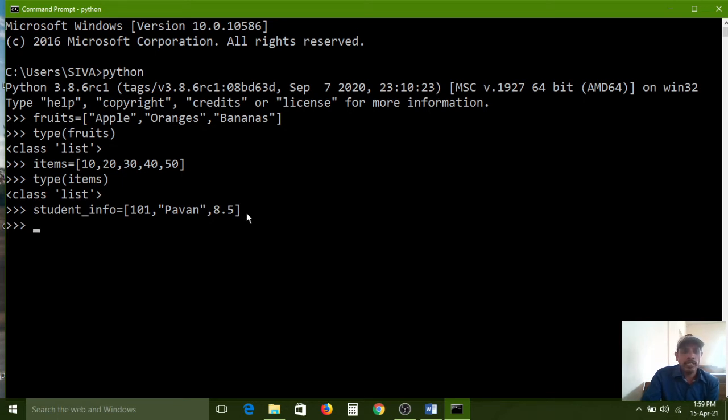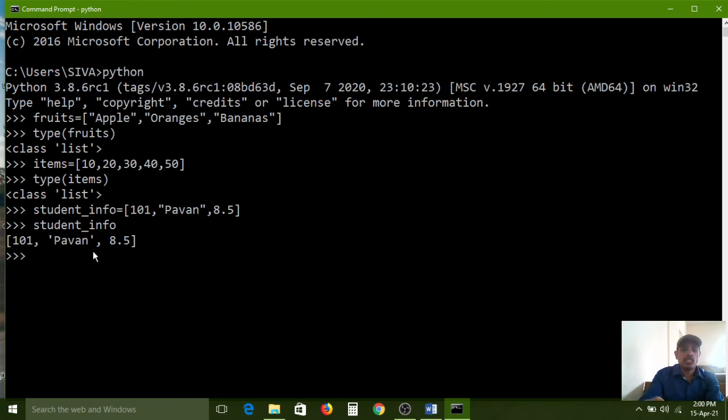Okay, it is not showing any error. So the list has been created with multiple different data type items. If you want to see that one, then type student underscore info and press enter key. So all the data it is representing in the student info list. So like that, a list is a container. It can hold integer type, string type, fraction type, etc., or any other type or any combination of any type. It can maintain them because it is a container.